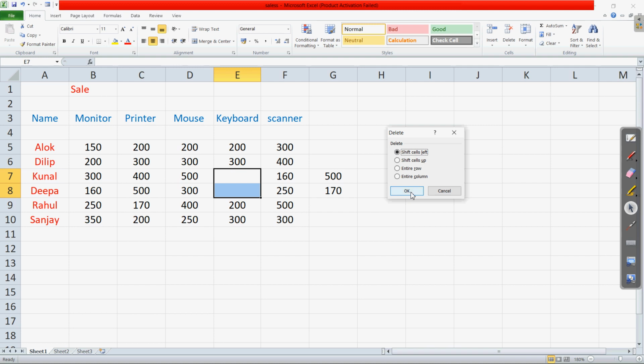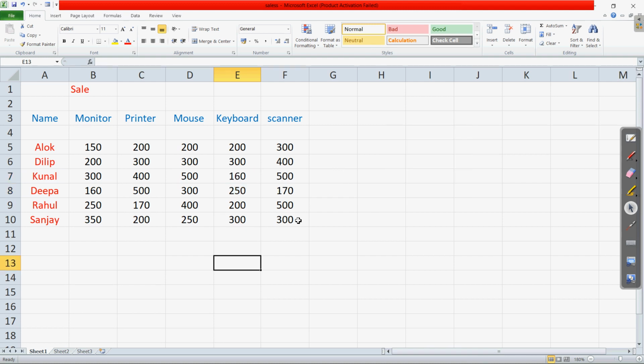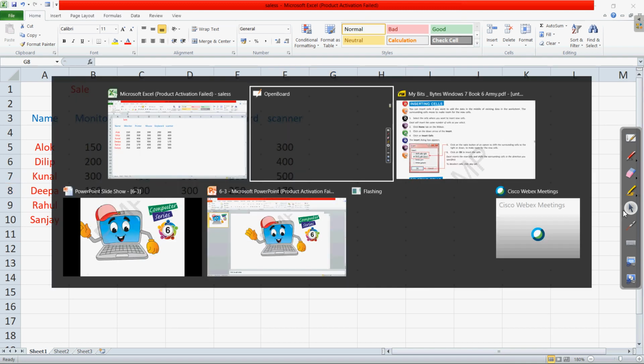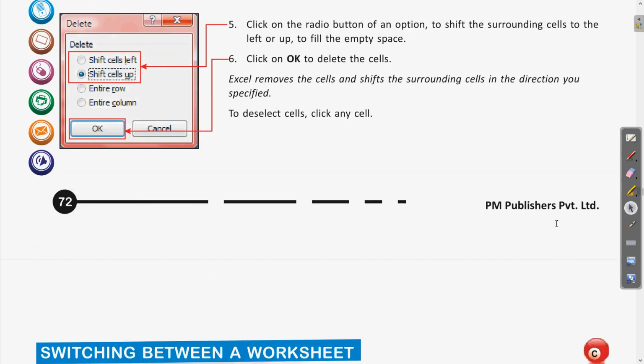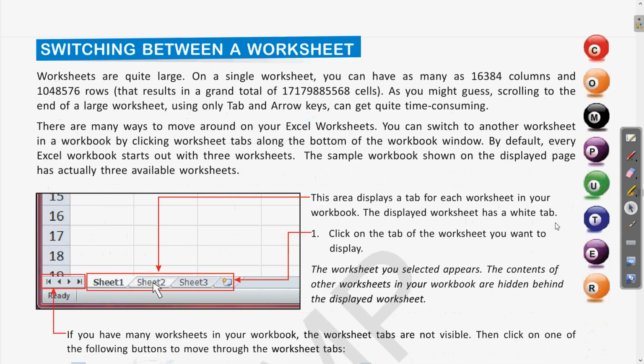If I click on the OK button, you can see the blank cells were deleted and the data which was present to the right has now shifted to the left to occupy that blank space. Okay, this was a topic which we have covered earlier also.